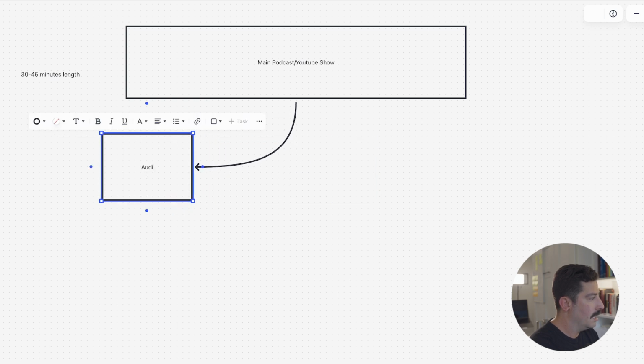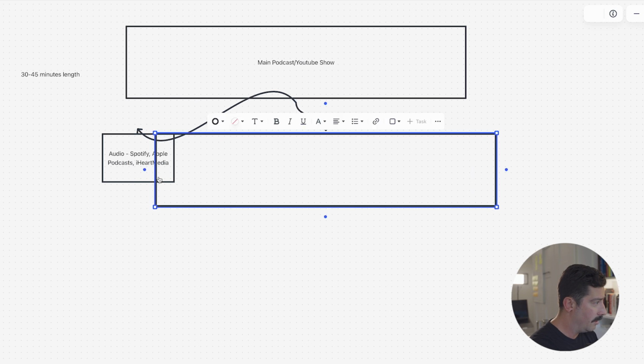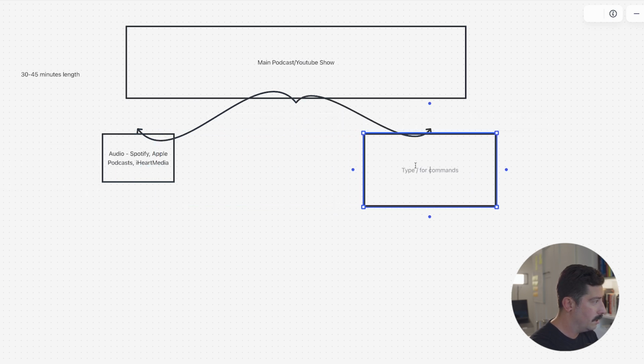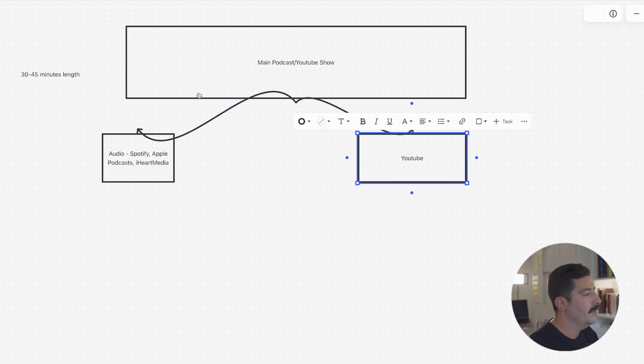then we can take the audio from that, right? This audio will be put on Spotify, Apple Podcasts, iHeartMedia. Typically, we use a tool called Transistor that puts the audio out to a dozen or so different platforms, right? So in addition to the audio, obviously you have the video as well. So, this is going to go on YouTube, right? So that video is now on YouTube, right? So we've developed that piece of content, and that's now a piece of audio and a piece of video content,